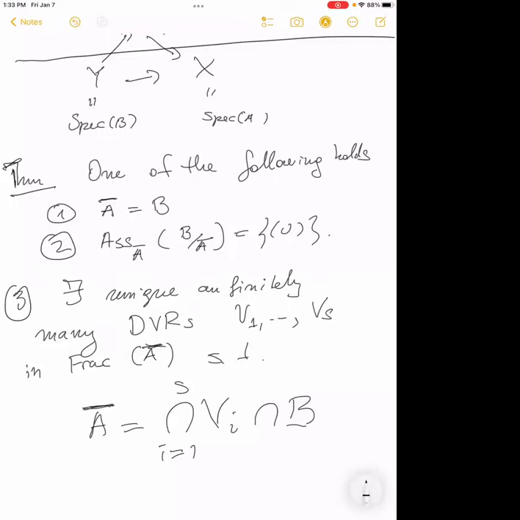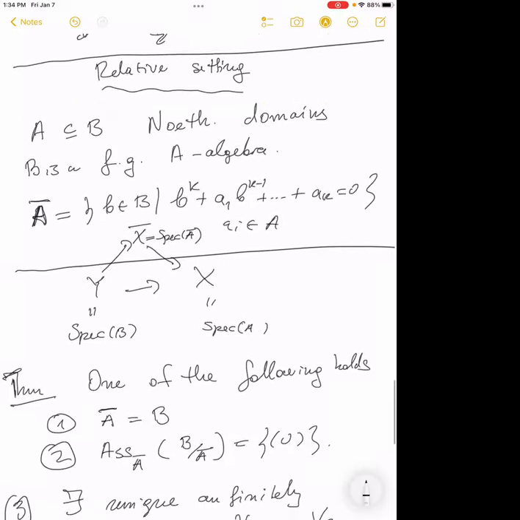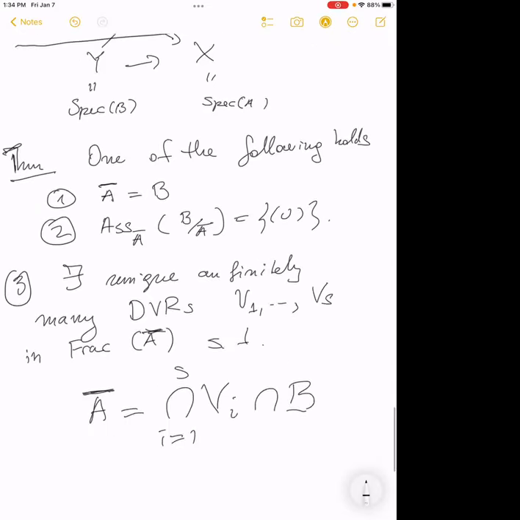So there was one result of this type. I have to mention this, due to Rees, for a very special class of rings A and B: Rees algebras of ideals of this flavor. It was believed that this finiteness of the valuations was some phenomenon for these rings. But this result proves that no, it's a very, very general result. All you need to assume is that B is a finitely generated algebra over A to get this finiteness and uniqueness of these valuation rings.